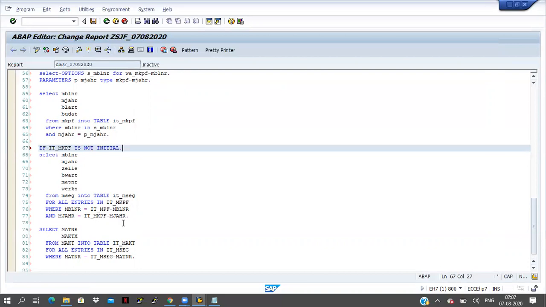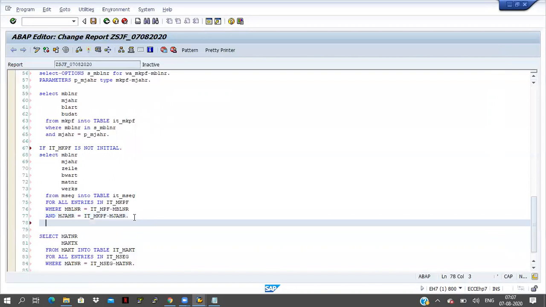What is initial here? Initial means empty. Is not initial means it is not empty, means some data is available, means in this IT_MKPF some records are available. Only if any record is available do I have to go for this select query, otherwise it is not required.